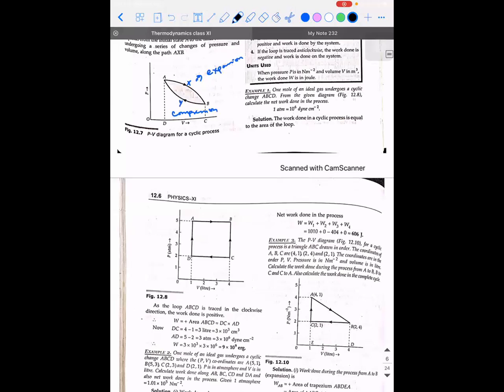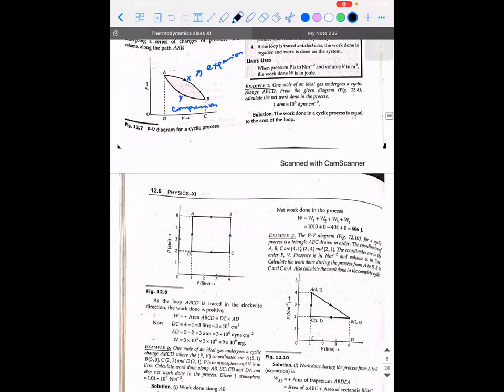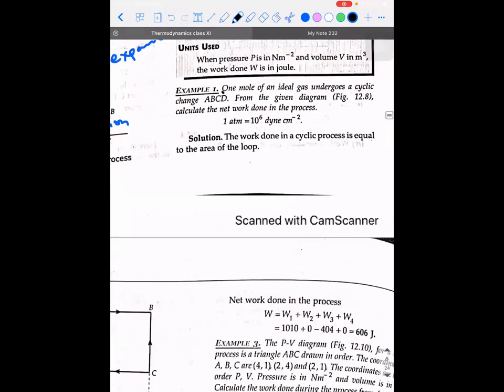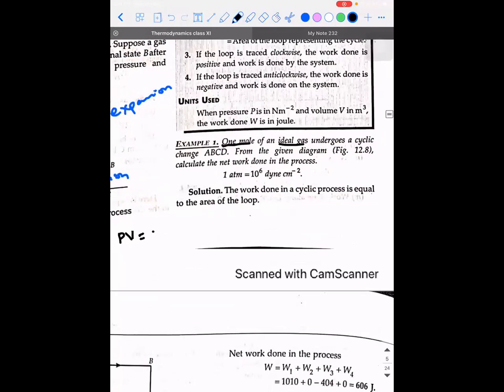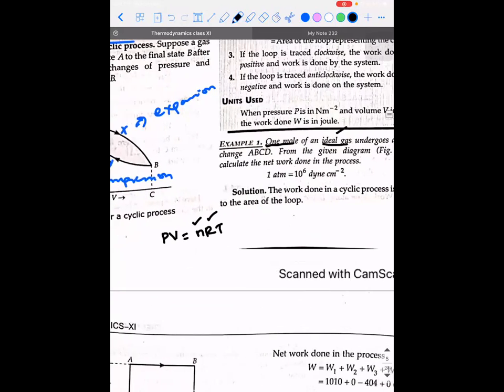Now see, I'm reading out the question. 1 mole of an ideal gas. I'm not explaining the ideal gas equation and all; I hope everybody knows it. PV is equal to nRT, where P is pressure, V is volume, n stands for number of moles, R stands for gas constant, and T stands for absolute temperature. So PV is equal to nRT for an ideal gas. How many moles? 1 mole of a gas